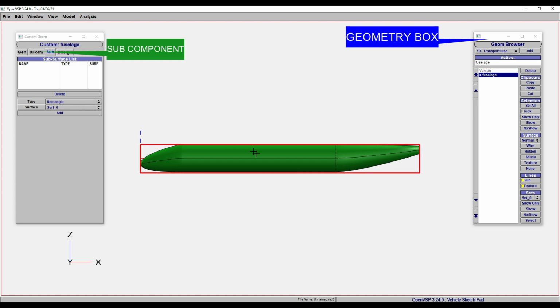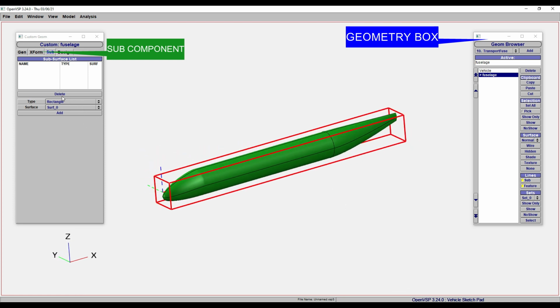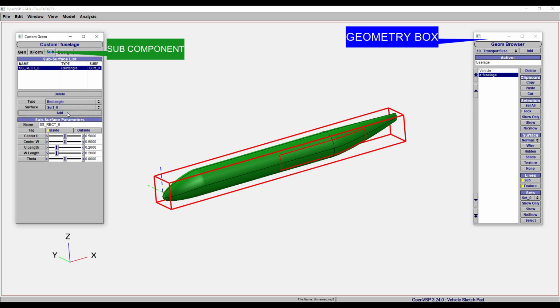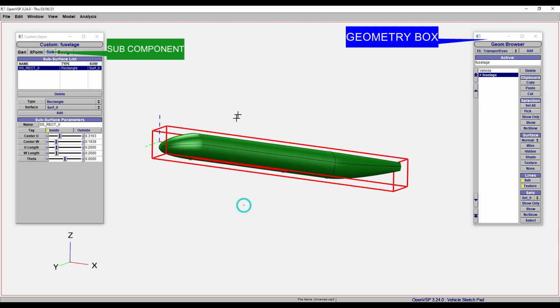Now if I want to add some component over my fuselage, let me take some rectangular and add. Now if you want to show some cargo, or some windows or something like that, where you want to locate the center locations or the bottom part,